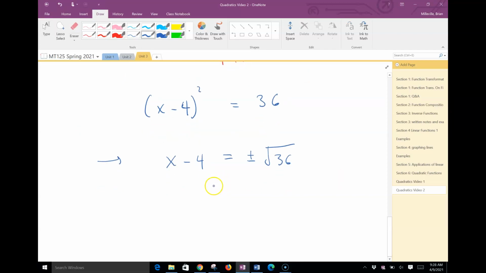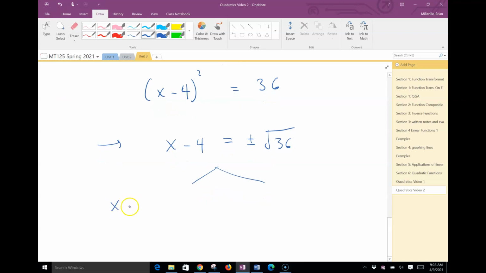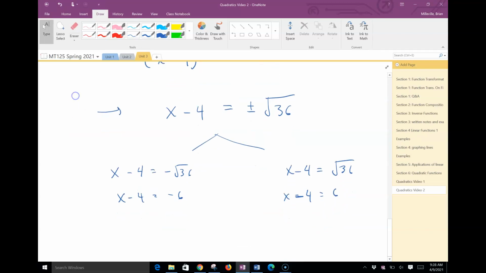So you need to separate this out at some point and rewrite this as x minus 4 equals negative the square root of 36, and separately x minus 4, because it's a separate solution, equals the positive square root of 36. Now we know that the square root of 36 is 6, so we would really have equals negative 6 or positive 6. Now for this one, if we now solve for x by adding 4 to both sides,